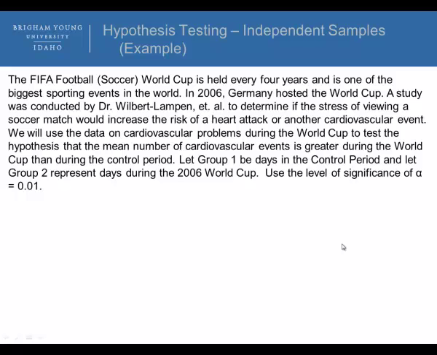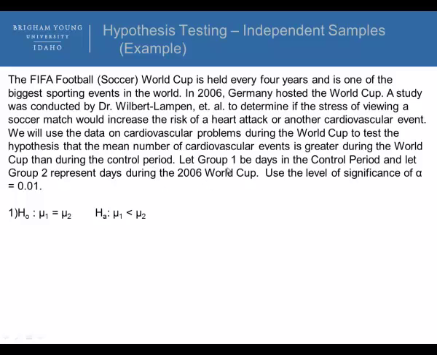The first one is to define the null and alternative hypotheses. How I defined it is that the two population means are equal to each other. So mu1 is equal to mu2, or the population mean of group 1 is equal to the population mean of group 2. The alternative, now I have it here as less than. Here's kind of a twist, because it asks if the mean number of cardiovascular events is greater